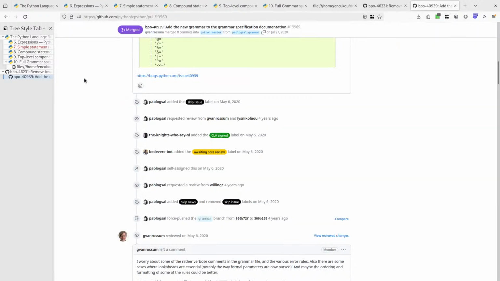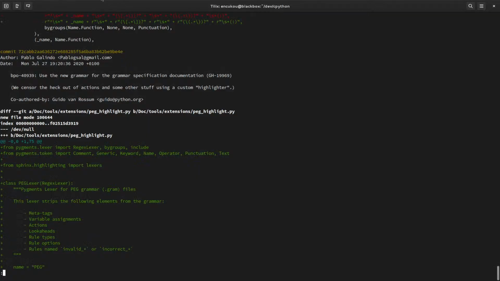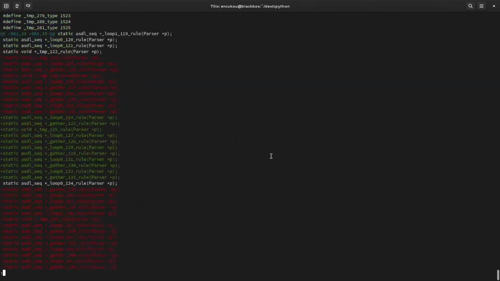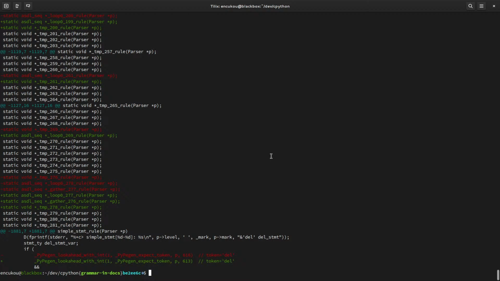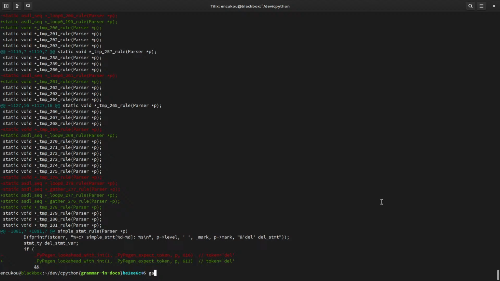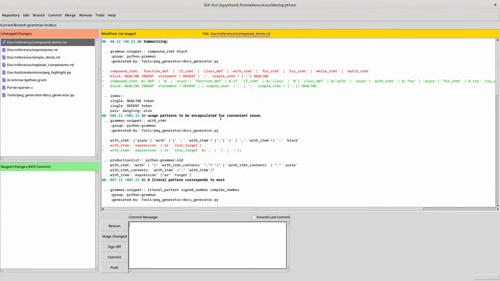It's just about removing the old parser. Okay, so what do I do now? I probably save my progress in this branch and switch to another one. Let me use git GUI to